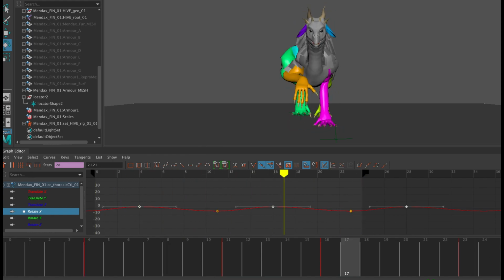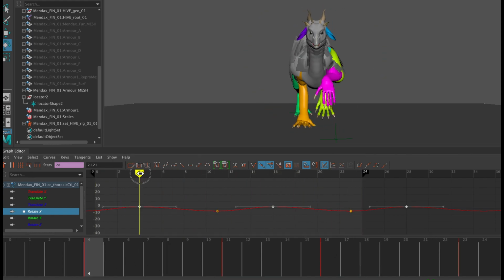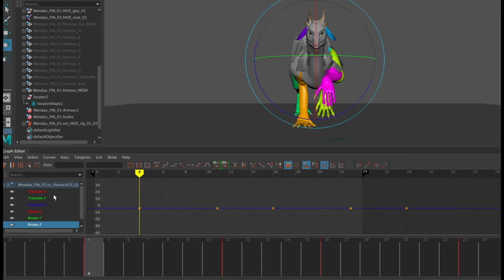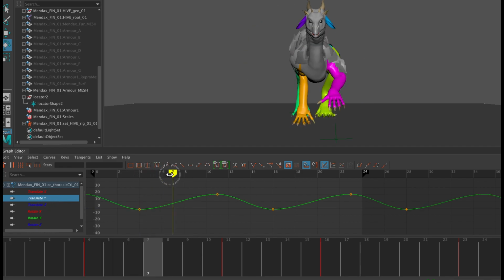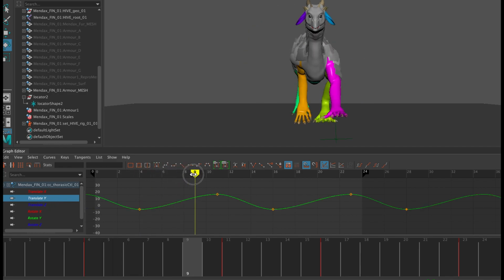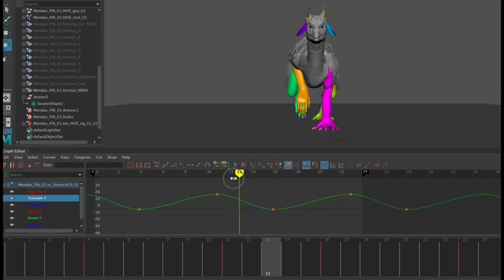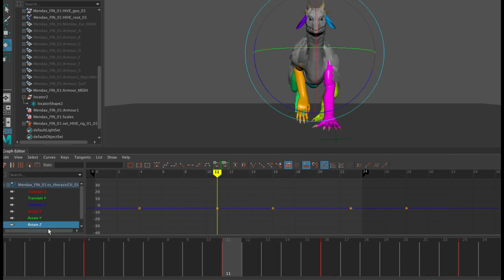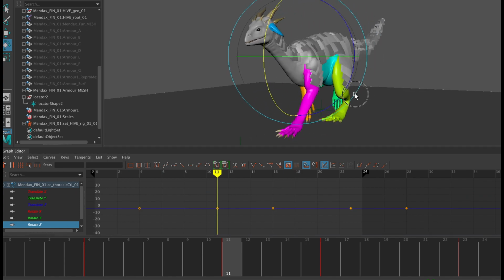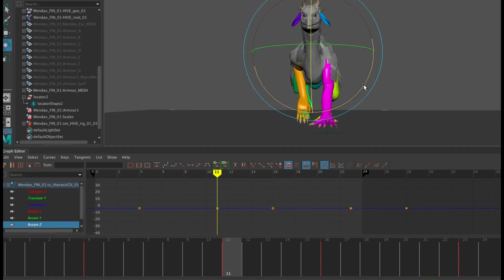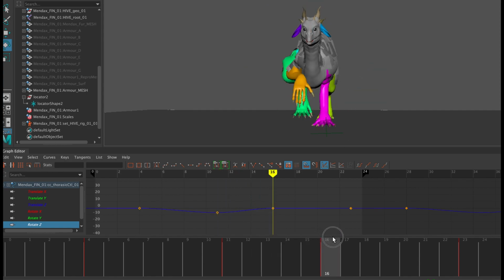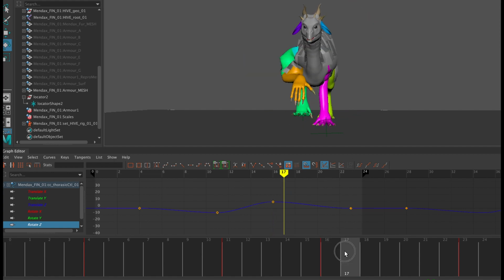Now, what we could also do is add the roll when it's... definitely add roll there that then quickly goes to there,